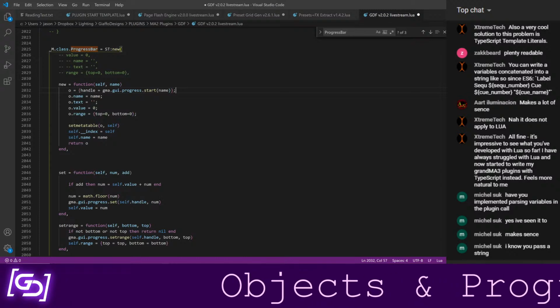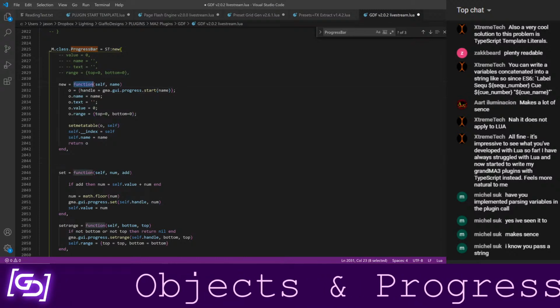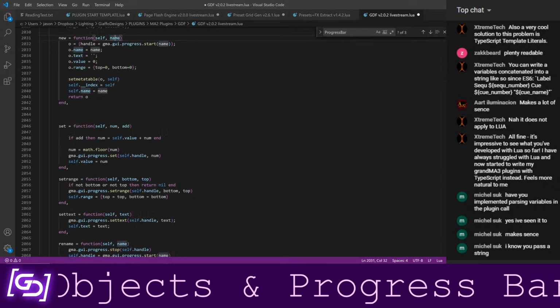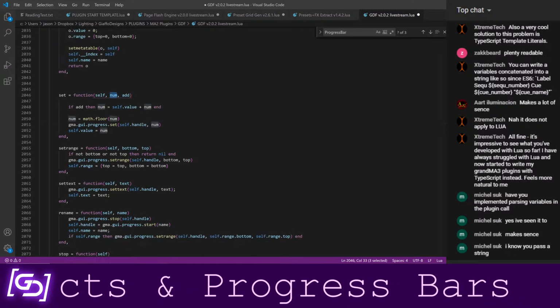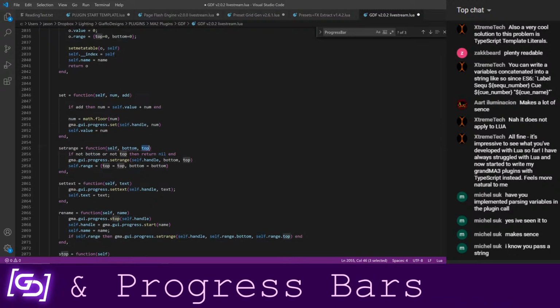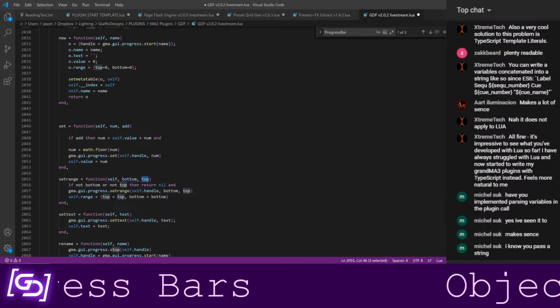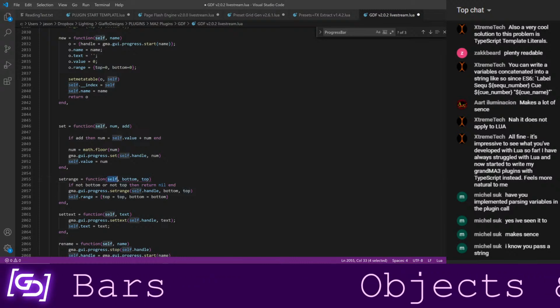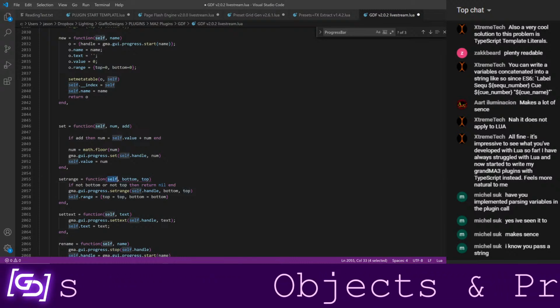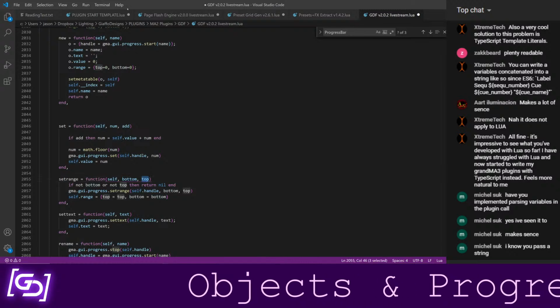So when we looked at how I built all these, we see that these are all a function of self and then something, a function of self, then something else, a function of self, something else, something else. When you call this function with a colon, it means that if it's being called from a table, that table will provide itself as the first argument, followed by whatever else comes up.